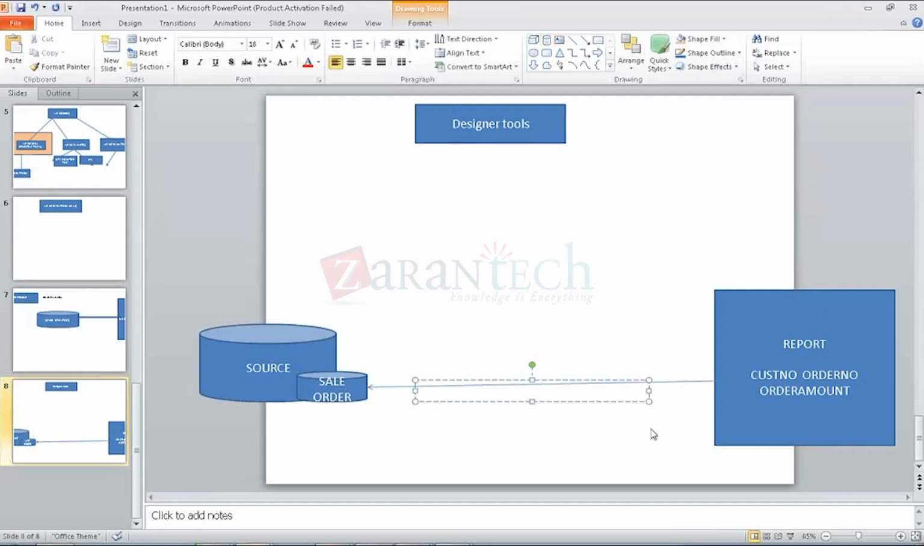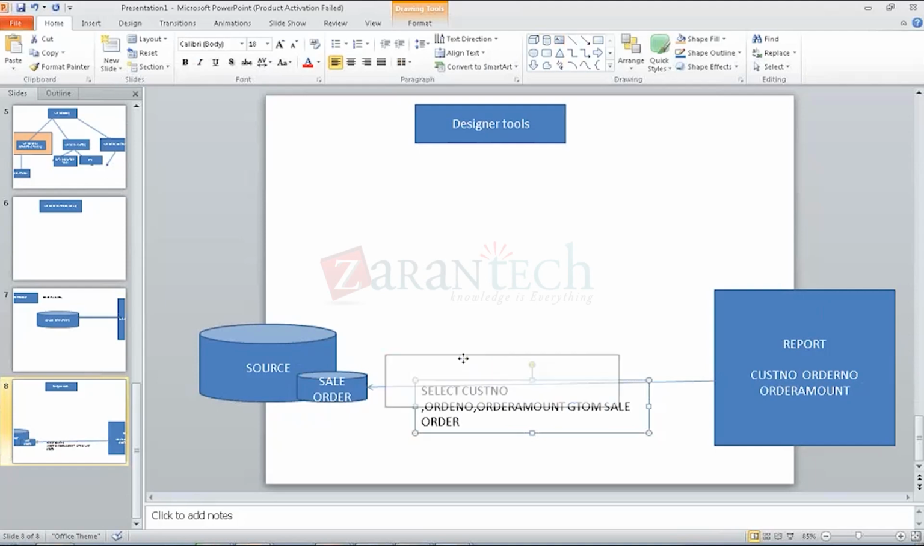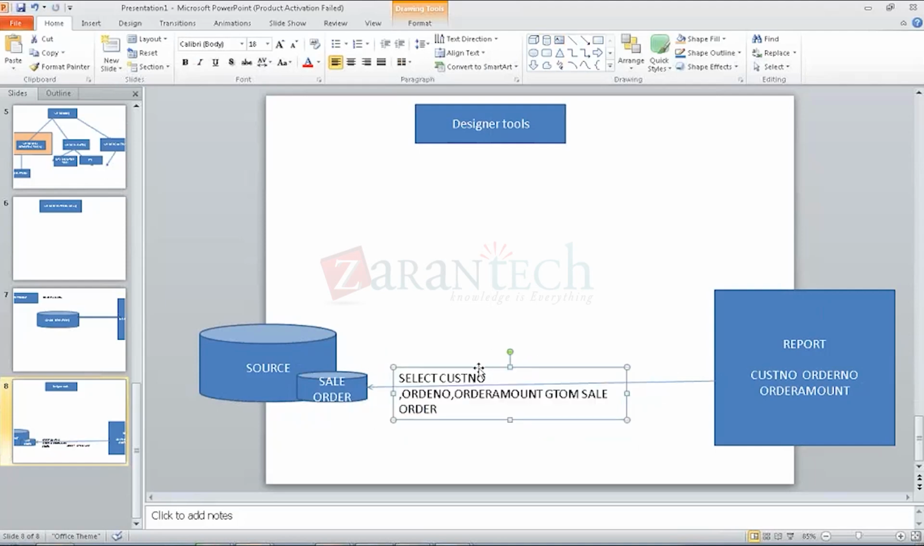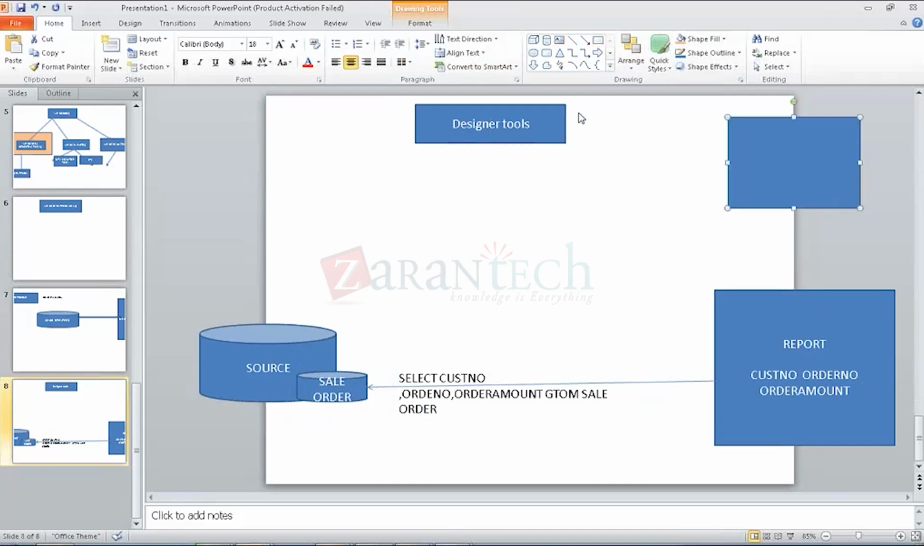Write a select statement. Query: select customer number, order number, order amount from the sale order table. So this report is nothing but the result of this query. In the same way, every report is a result of a query. So whenever we require a report on a source system,